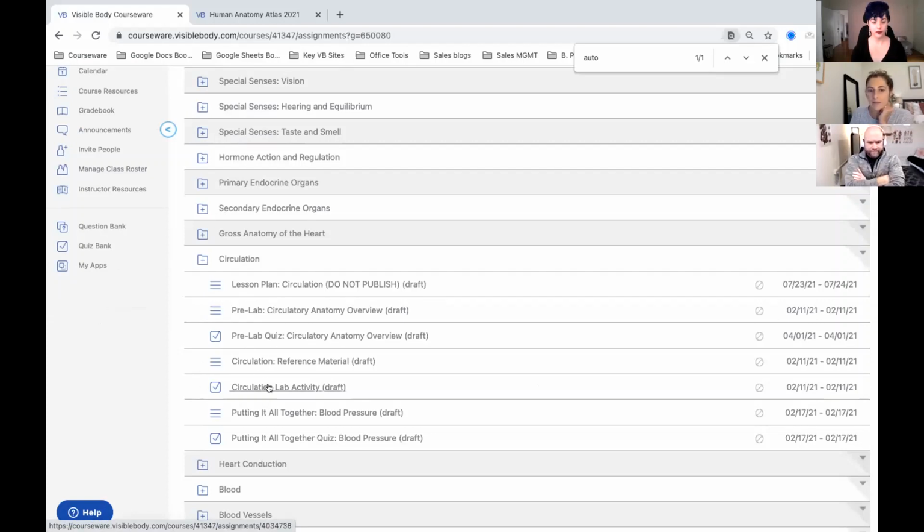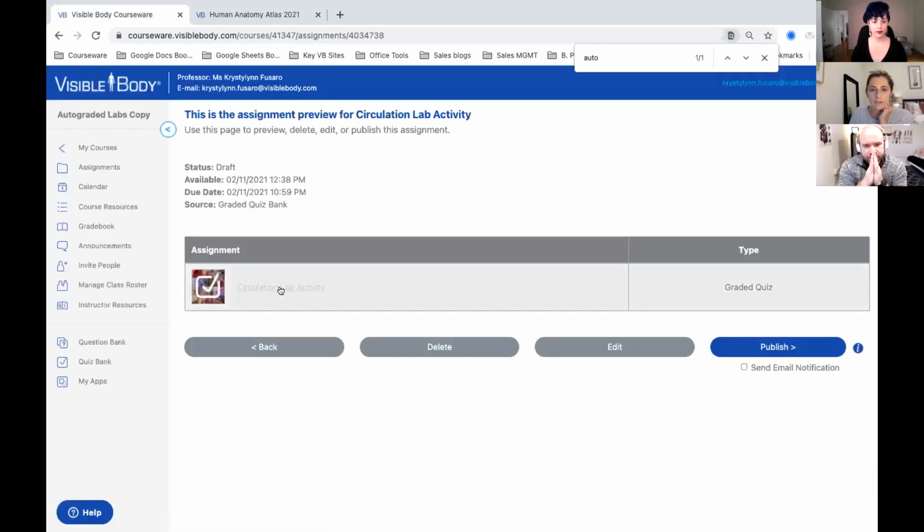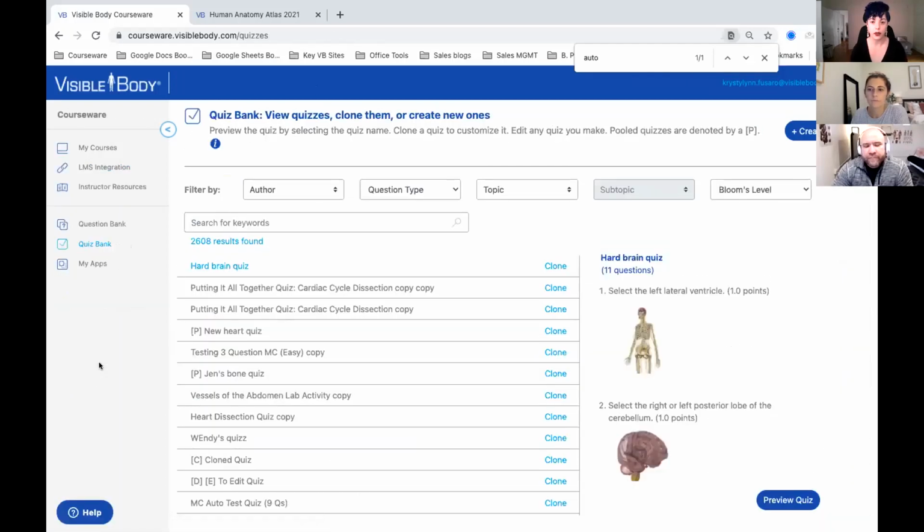And then they take an in-lab activity here that is going to be similar with a dissection or multiple choice questions, and then that will automatically populate. He can also create his own questions within the quiz bank. So if you wanted students to find a specific structure, you could create a dissection quiz question that would say, select this, the inferior lobe of the lung, and they would have to select it